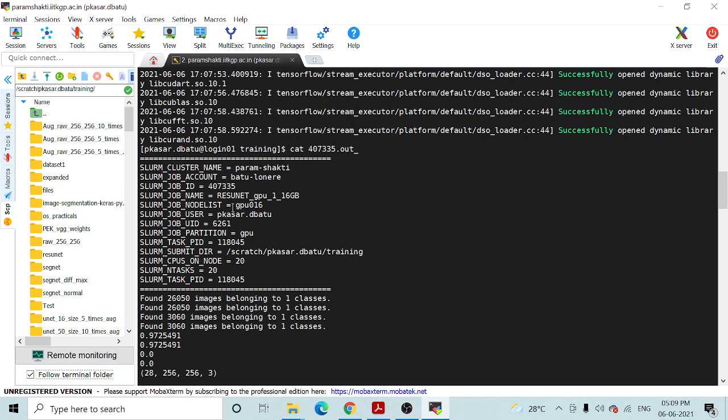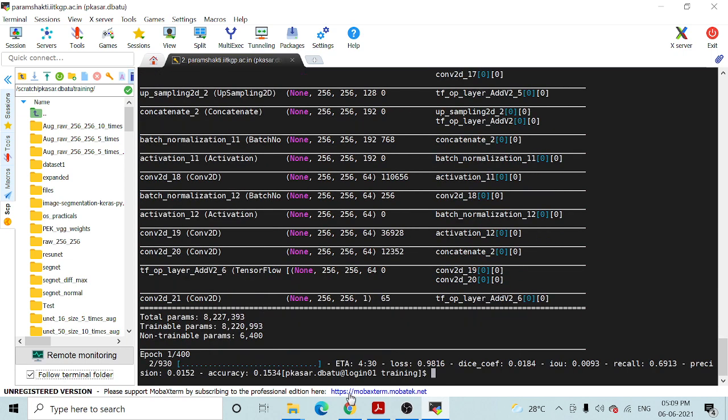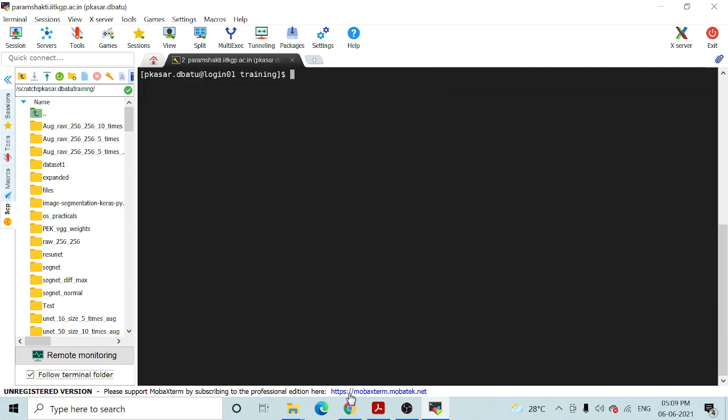Then this is related information about your job, and just to show you that the execution is happening on that particular GPU node 16, I will just check that.